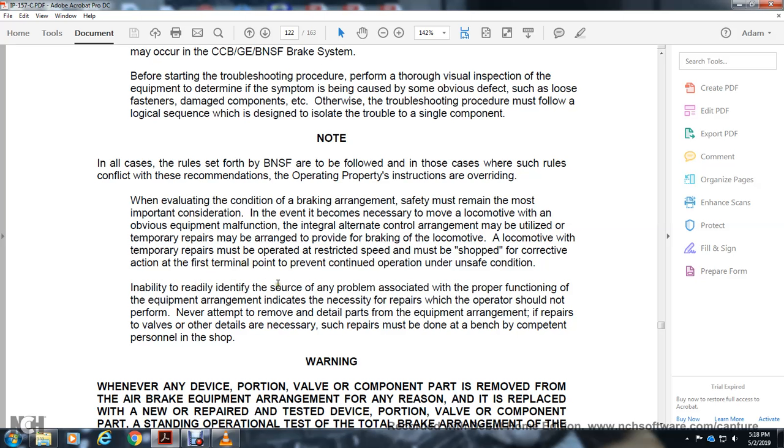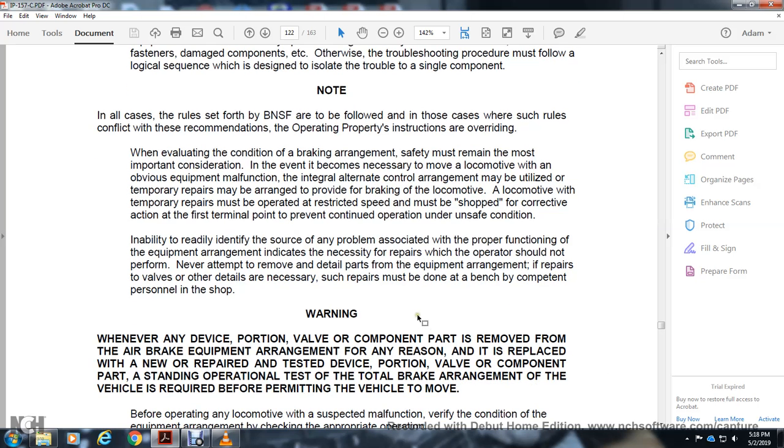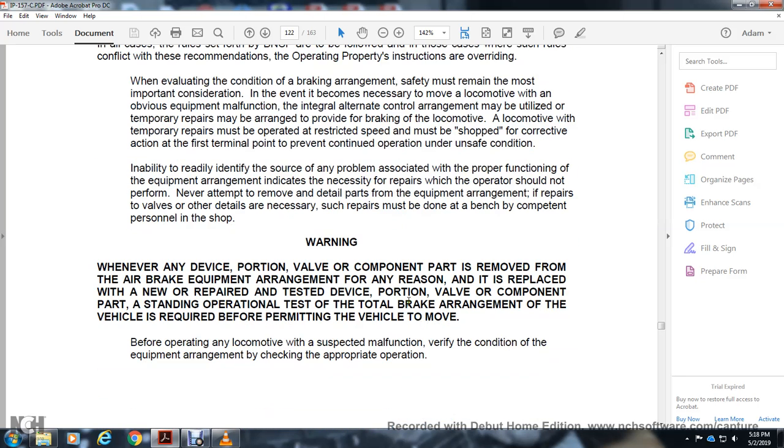The ability to readily identify any problem associated with the proper function of the equipment indicates the necessity of repair. The operator should never attempt to remove detail parts of the equipment arrangement. Repairs must be done by qualified shop personnel. Warning: whenever any device portion involved with the component part is removed from the air brake equipment arrangement, or is replaced with a new or repaired device, a standing operational test of the whole braking arrangement of the vehicle is required